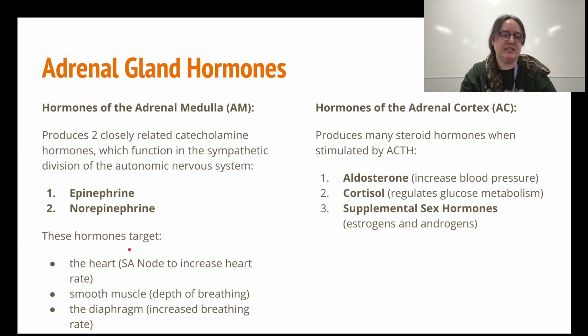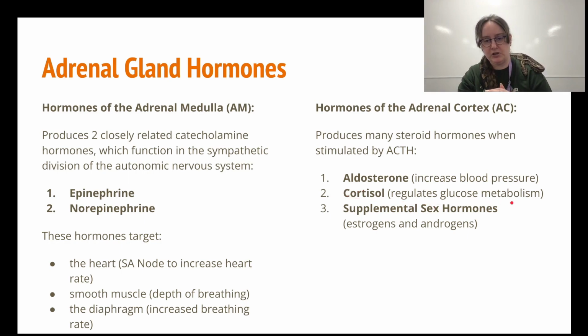So this is your fight or flight. This is where these hormones come from to assist you with getting into fight or flight mode. Then the hormones of the adrenal cortex also start pumping out stuff. For instance, aldosterone, which increases your blood pressure. Again, we're getting the blood pressure moving around faster so we can make more available use of glucose to turn into ATP and get rid of wastes faster so that our muscles aren't fatigued as quickly. And then my favorite, or not really,